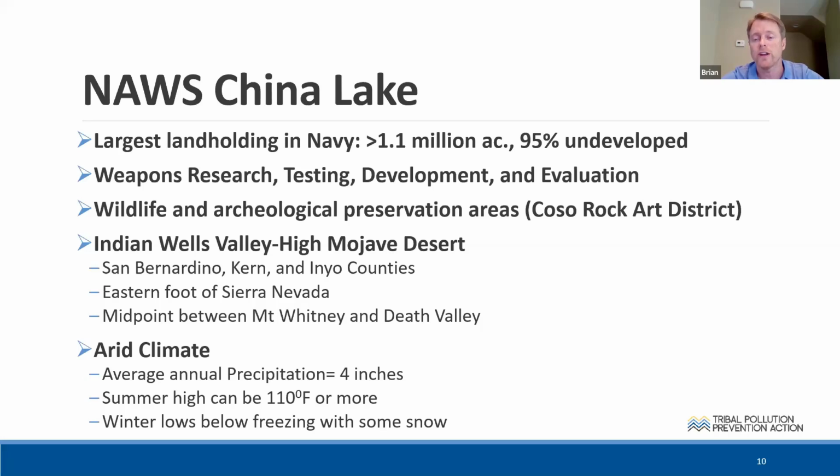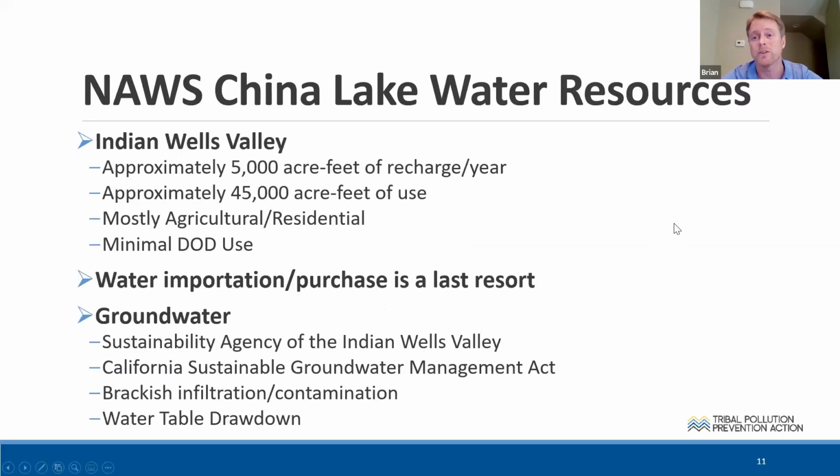The annual natural recharge into that constrained and closed water basin is 5,000 acre feet. As a group, one team, we pull out about 45,000 acre feet a year. So we are using water at a tune of 9 times what Mother Nature's putting back into the ground. Anybody that can do math understands that if you're running your checkbook that way, you're going to be in trouble pretty quickly. So the Navy, looking at that and realizing, hey, if we run out of groundwater, we're not going to be able to have a mission or an installation here,